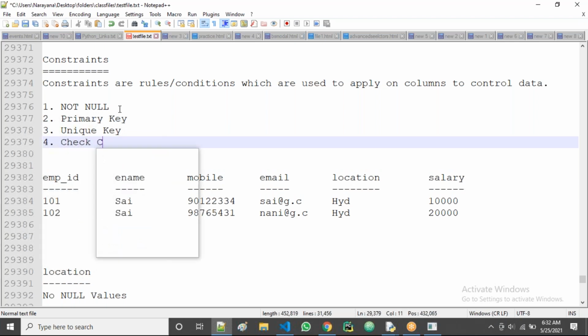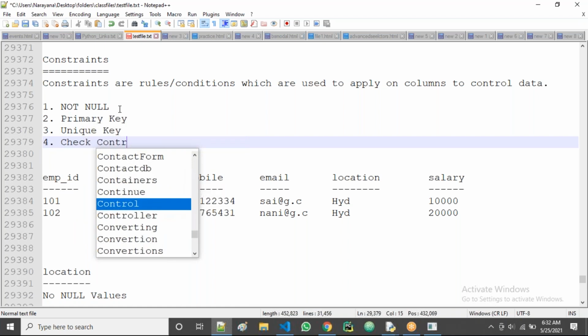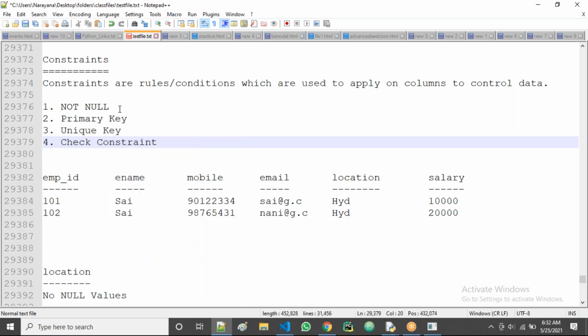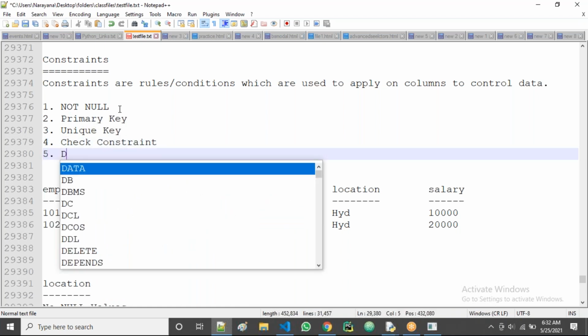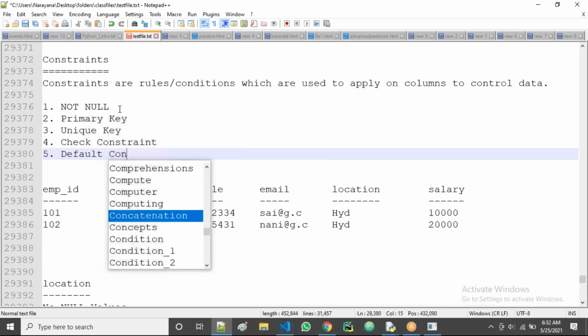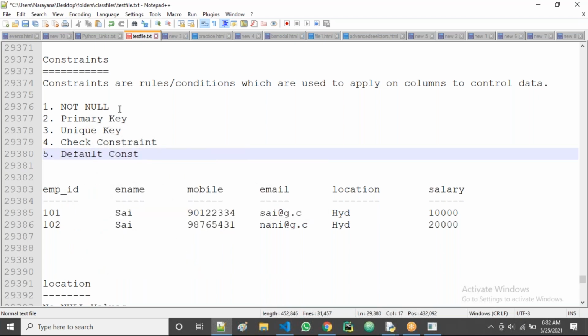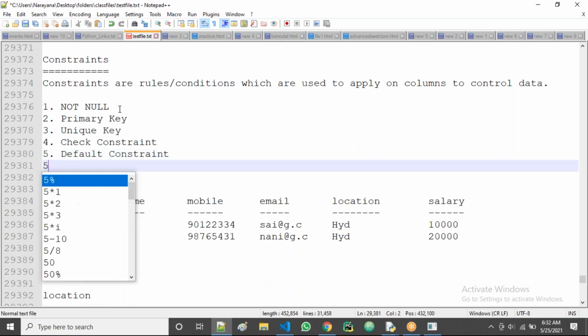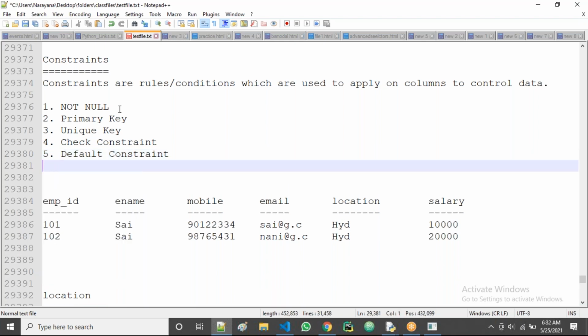The fifth one is default constraints. Perfect: not null, primary, unique, check, default.